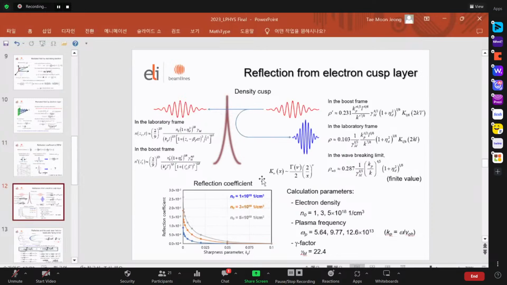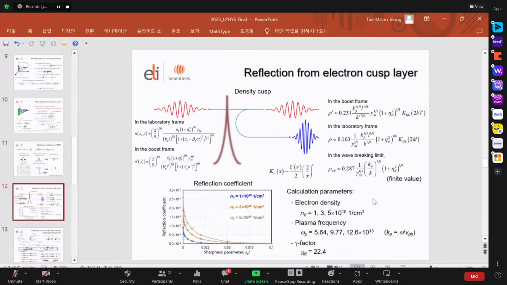And then this curve shows us the reflection coefficient depending on the sharpness parameter. Here, the sharpness parameter tells us how close we are to the wave breaking limit. So actually, 0 is almost like the wave breaking limit. As you can see here, the reflection coefficient is pretty much dependent on the sharpness parameter, and when the electron density cost gets narrow, the reflection coefficient is like 10 to the minus 3